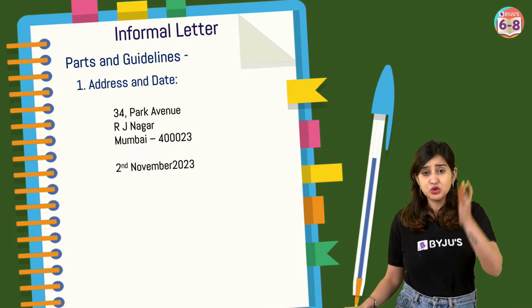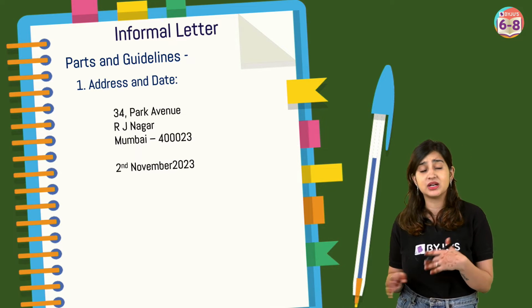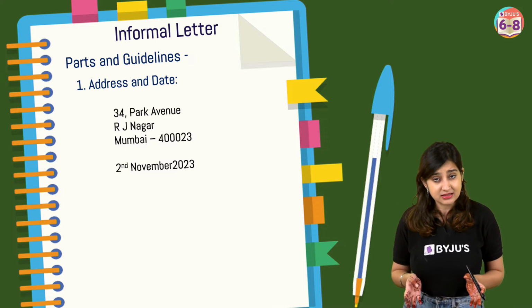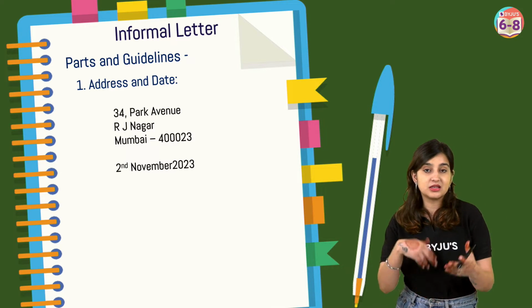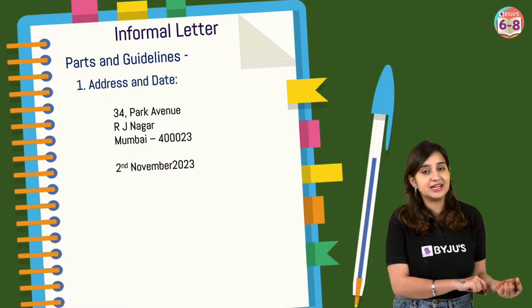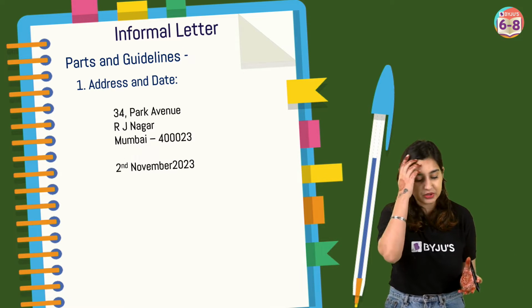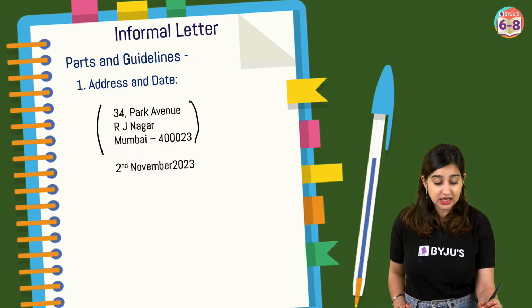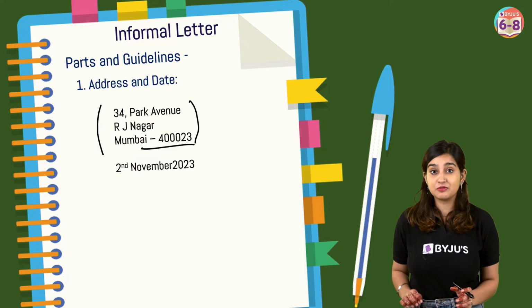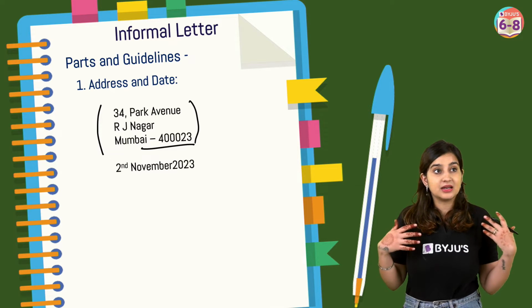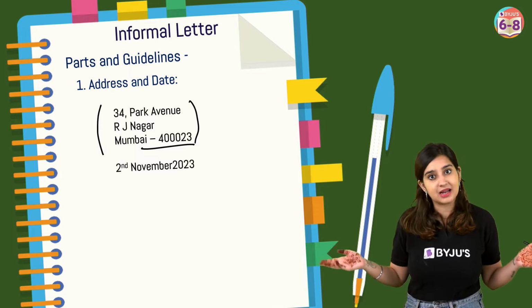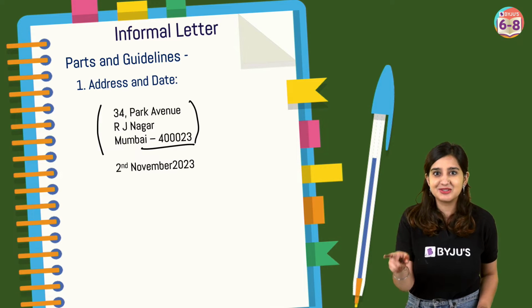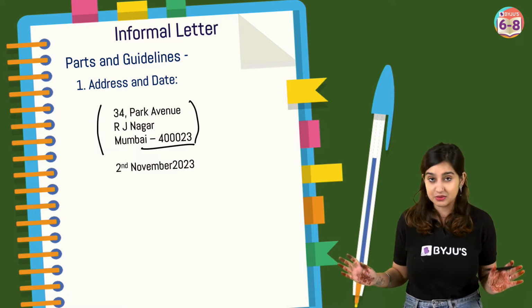So you will start with the address and date. Now, unlike a formal letter, in an informal letter, you're just going to write down your address so that the person you're sending the letter to knows whom to write back to or which address to write back to, okay? So you'll put down the address, full address over here, all right? And then pin code included. So if you want to write down a random address, you can make up a random pin code. Nobody is going to cut your marks because the pin code is not correct. You are not expected to know all the pin codes of the world, okay?